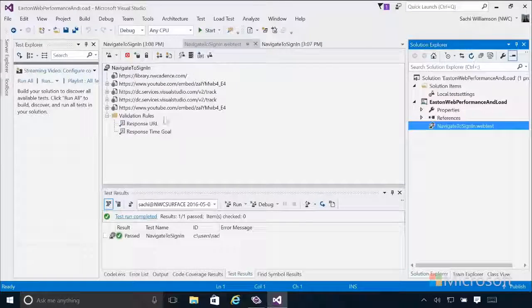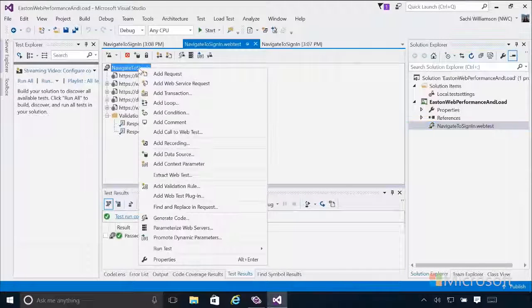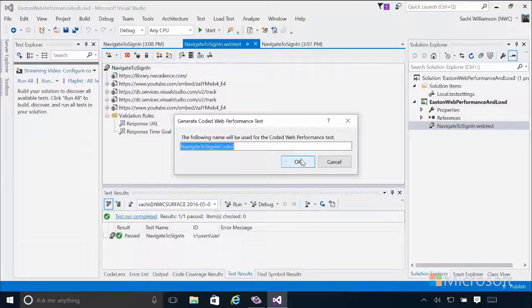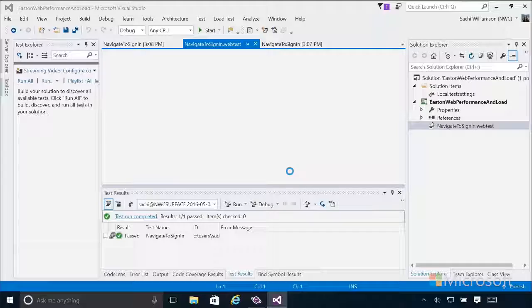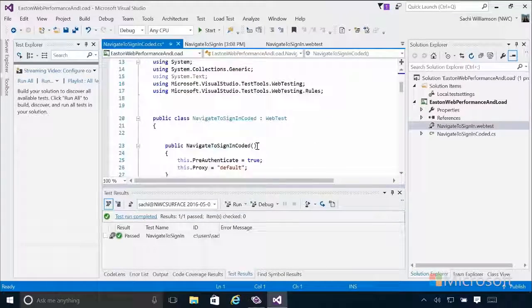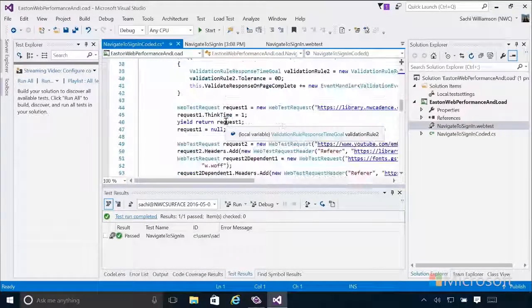Yeah, what you can actually do is, if you remember with the coded UI test, we were able to convert those into actual code, right? So I showed you the UI map, and then I showed you how you can just convert that into code by right-clicking on it. You can do the same thing with web performance tests. So if we go into Visual Studio, with our web performance test that we just created, we can right-click on it, and we could say Generate Code. And then we can go ahead and call it,